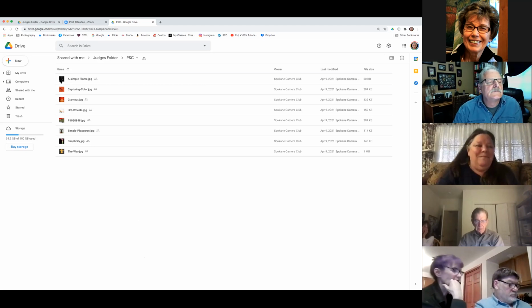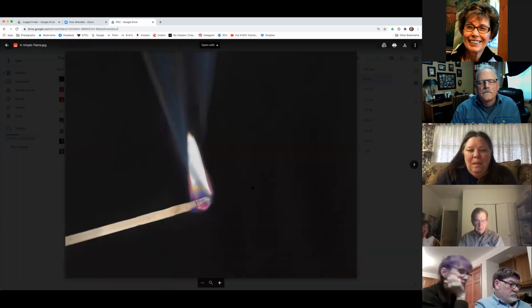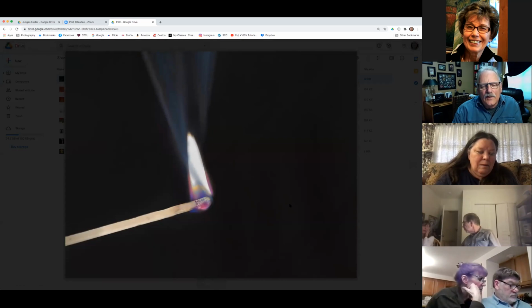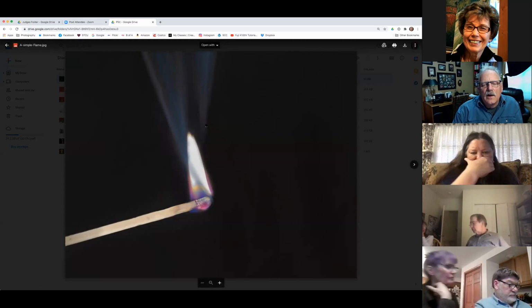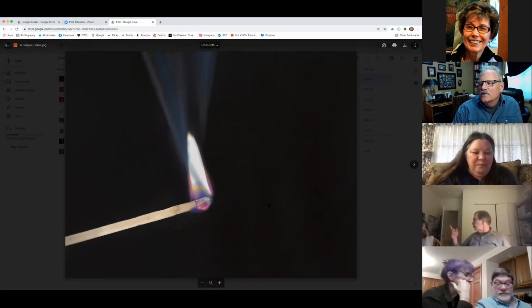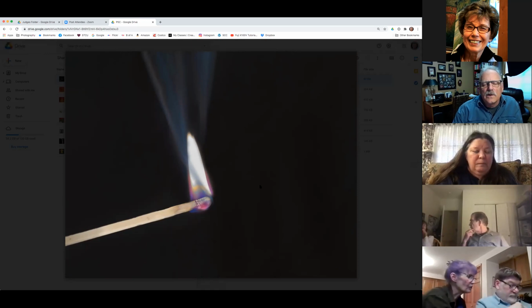So, a simple flame. It's funny, when this popped up, I could smell it. I don't know if it was because I was a pyromaniac when I was a kid, or I lit fires in Boy Scouts, but I don't know how many of you can smell the burning phosphorus from this, which I thought was kind of interesting because one year, I think